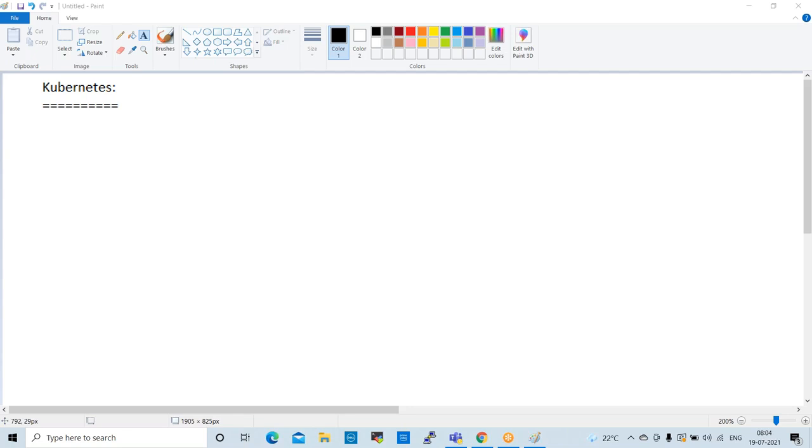Yeah. Kubernetes is an open source container management tool hosted by CNCF, the Cloud Native Computing Foundation. This is also known as the enhanced version of Borg, which was developed at Google.